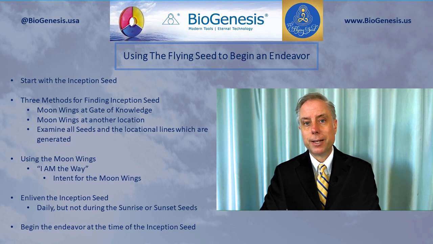The third method that Lantos gave for selecting the inception seed is, well, he said it is more complicated, and that is definitely the case. It is to examine all the seeds and locational lines, the harmonics location lines which are generated. You would need to examine all 81 seeds using the inception seed harmonics to find out which harmonic bands will